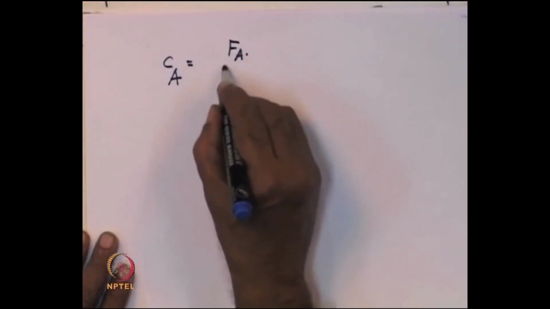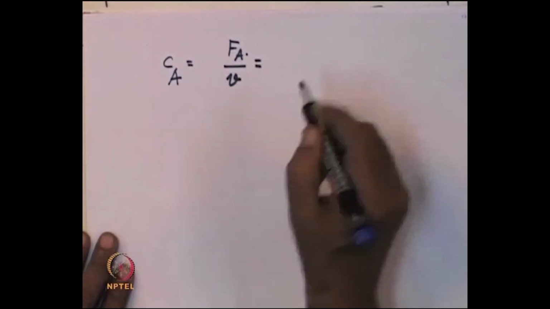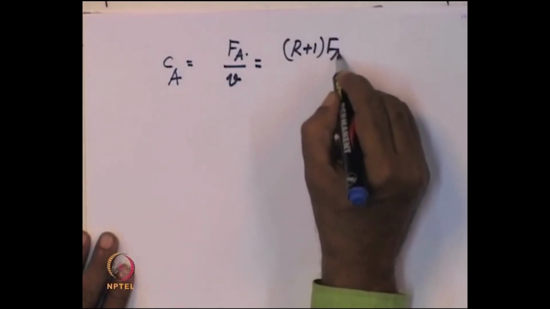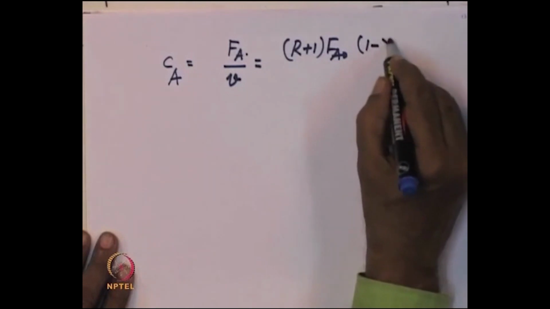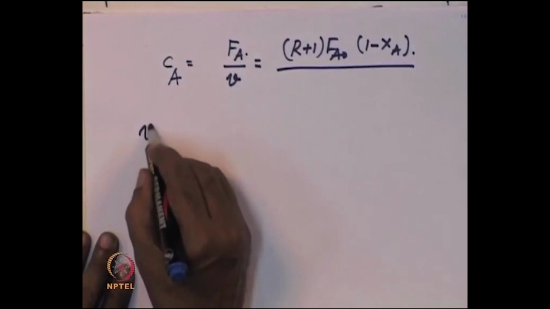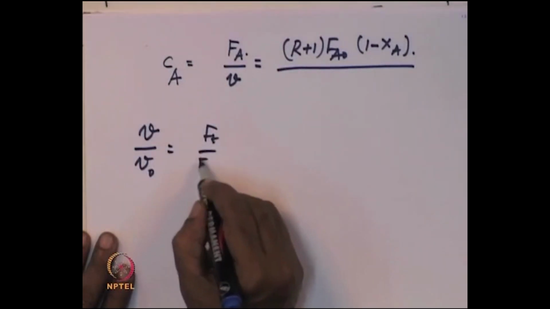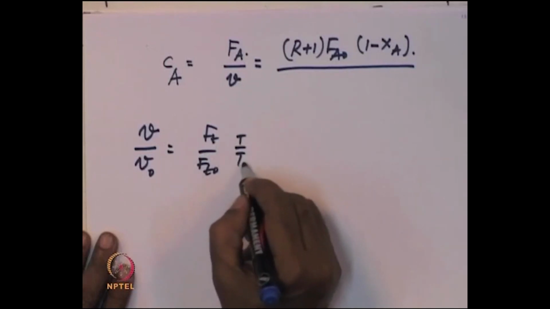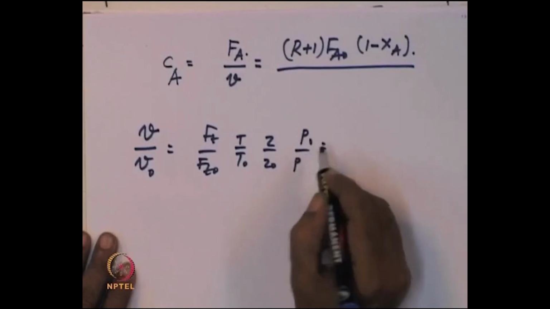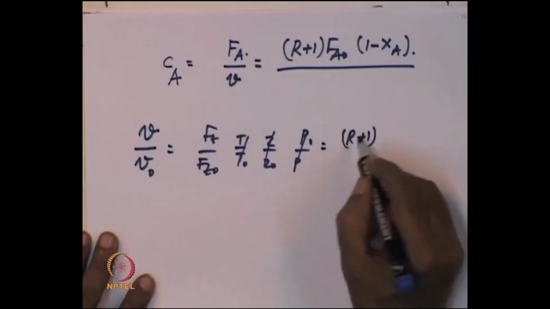FA divided by volumetric flow. What is FA? It is (R plus 1) FA0 into (1 minus xA), correct. What is V? Let us say it is a gas phase reaction, V by V0 is Ft by Ft0, T by T0, Z by Z0, P0 by P, and we showed just now that all these, if it is 1, this is equal to R plus 1 into